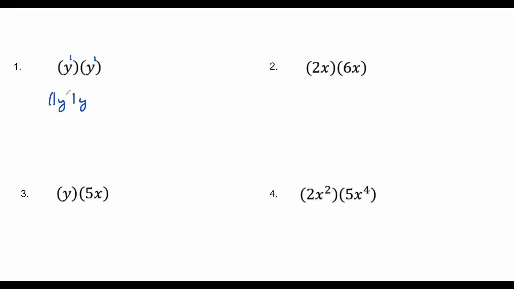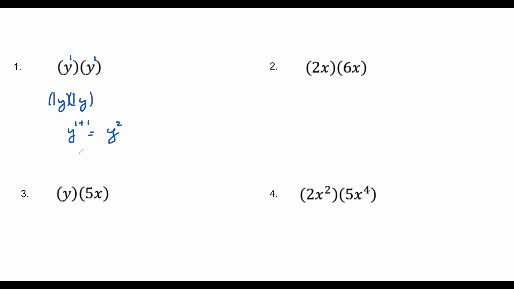So we could say that this is 1y times 1y. We multiply the coefficients and we just get 1. If there aren't any coefficients, we don't have to worry about them, and we can go right to the variable. So our variable is y. The exponents are 1 and 1. We add those together. So it's going to be y to the 1 plus 1,